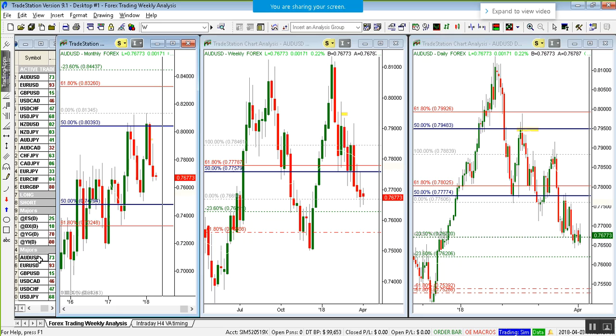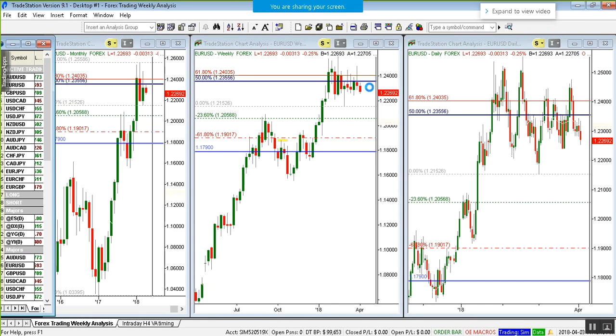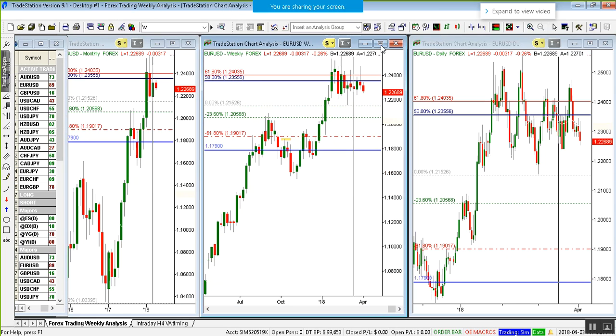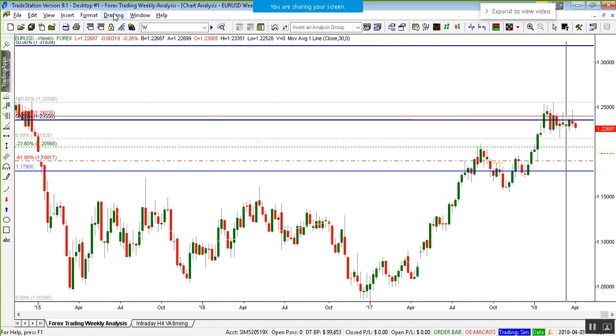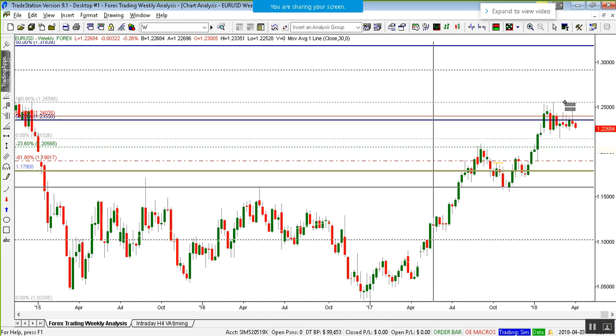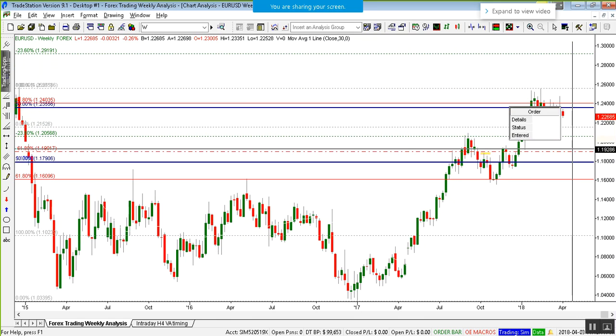All right. So next is the euro dollar, and the euro dollar has started seeing here some real weakness. The market has not respected the 50% short here, but we can use that as a guide for targets as well. You will remember that this market traded a level that we identified after the fact here into the first target, and we're going to use that same level to identify the area where this market could go to.